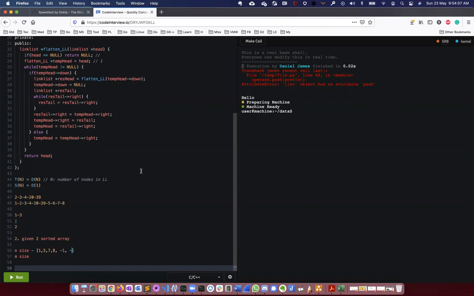So it has m leftover spaces. And then you have a second array of size m, and this is also sorted.